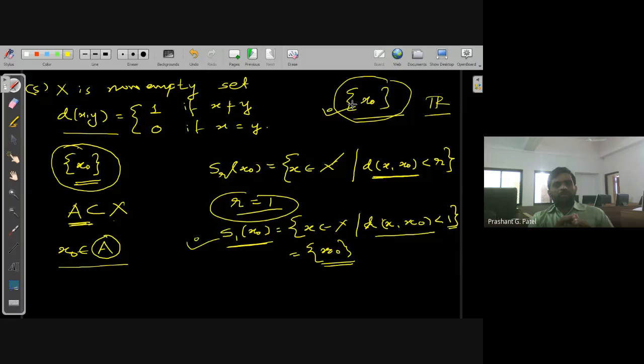So it is possible that one set is open in some metric, but in another metric, the openness is destroyed. So whenever you are talking about an open set, it is better to mention in which metric you are talking about. That is the most important thing. If a metric is not given, then there is no meaning of whether this set is open or not.